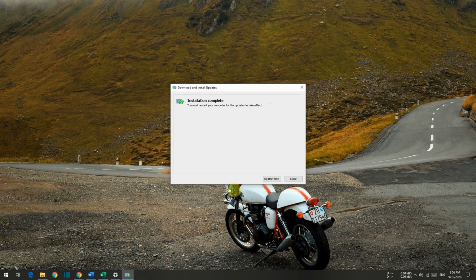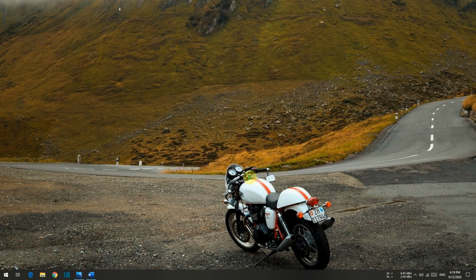So guys, it's installed and now it's asking me to restart your computer for the update to take effect. So simply click on restart now and we will be back when the computer is restarted.